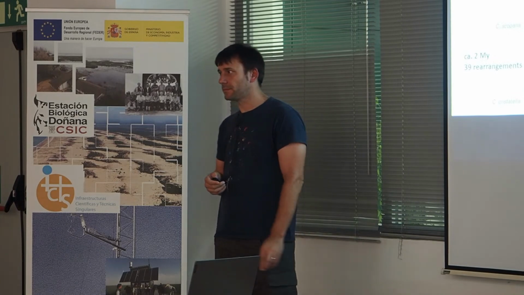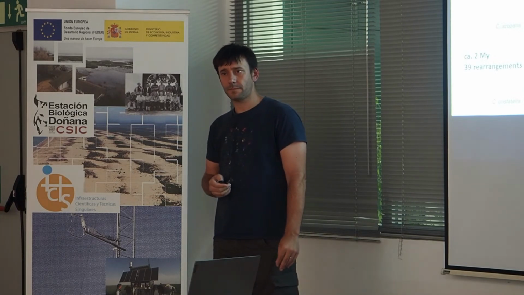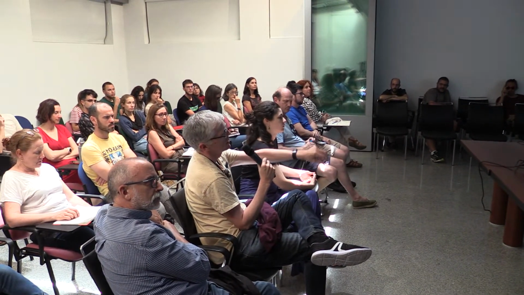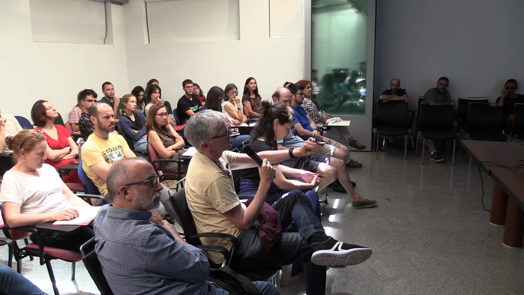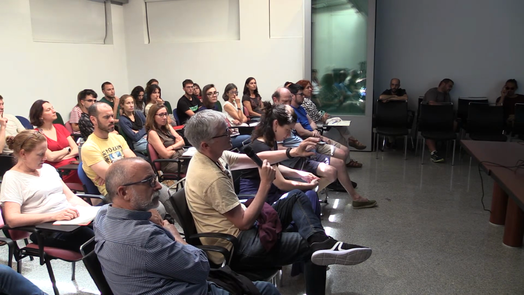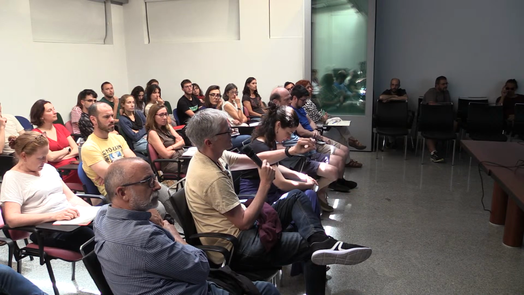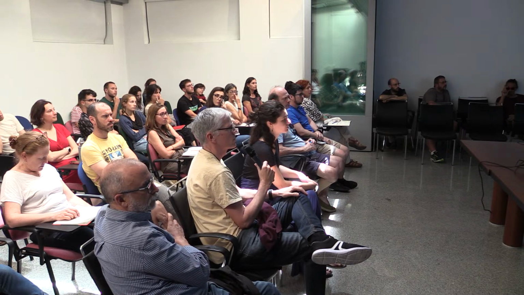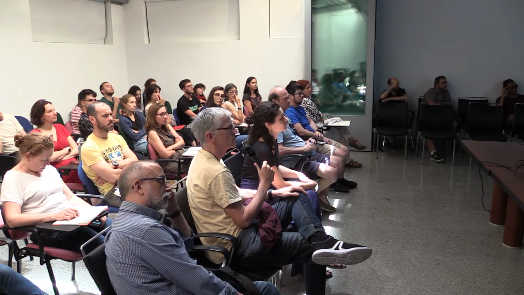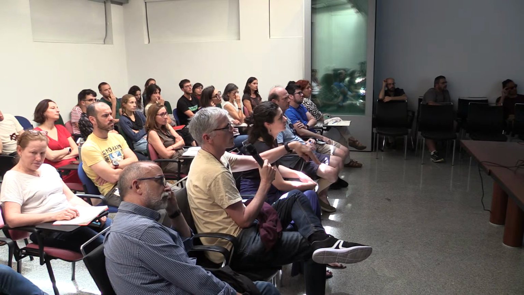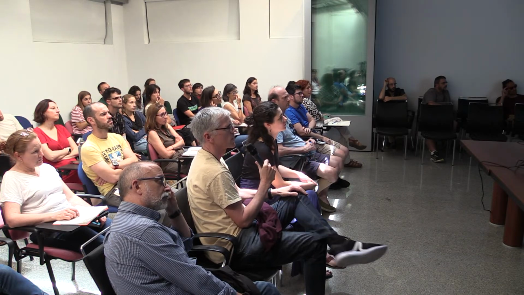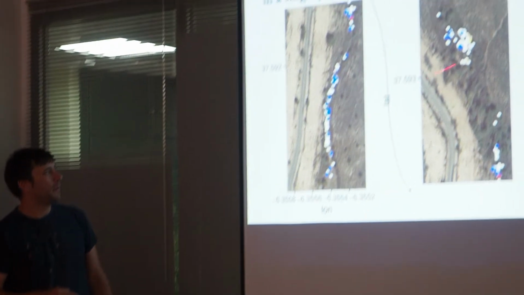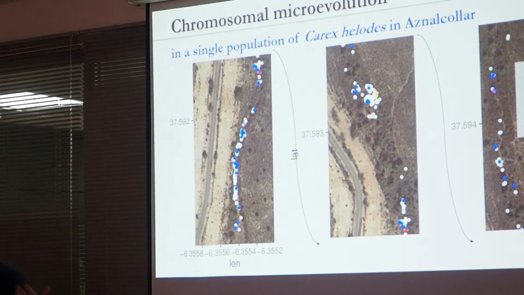I think there was a question, yeah. Just a quick curiosity. In the map again, it seemed like the aberrant individuals are not randomly distributed. It seems like a non-random spatial pattern, right? How would you interpret that? Is it just some kind of local dispersal effect? Okay. Yeah, I see here also, because this is surprising to have so many chromosome numbers and karyotypes in a single population, but I